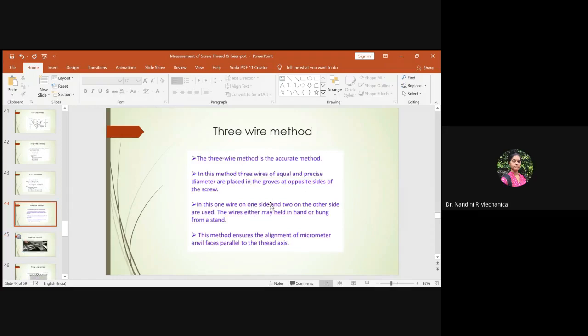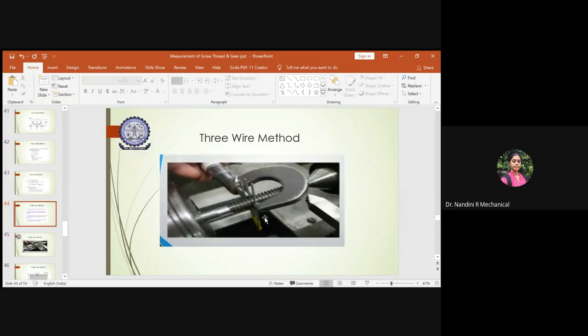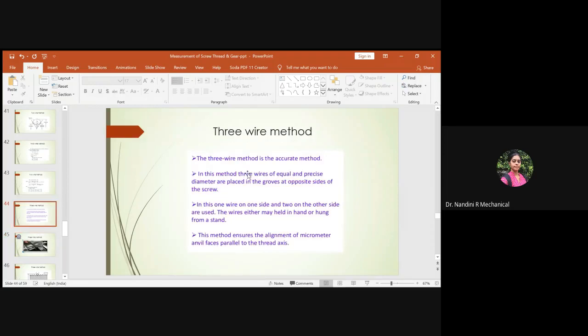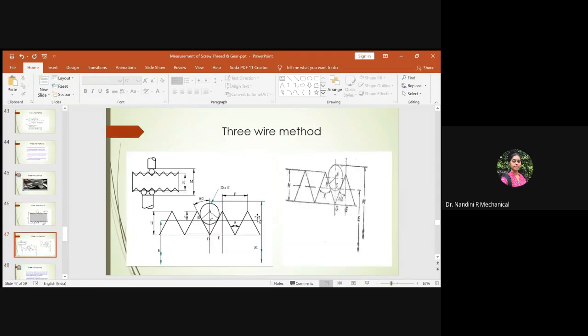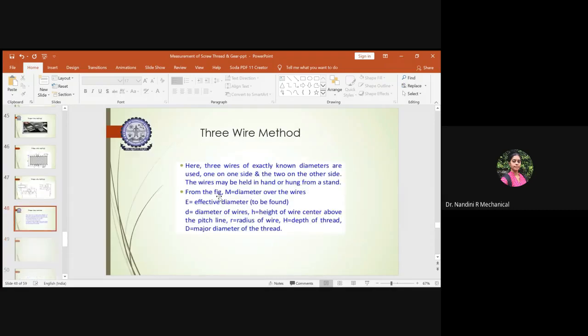Once the two wire method is done, we also dealt with the three wire method. So how you will place the three wires in the given screw thread to determine the pitch diameter, or the effective diameter. You have to show the sketch and the position of the wires in between the teeth, so that it helps in showing the flank angle, the pitch value, and the half value of all those things, the height of the pitch, everything. You have to show each and every terminology, and then you should start deriving, and explain what terms you are using.